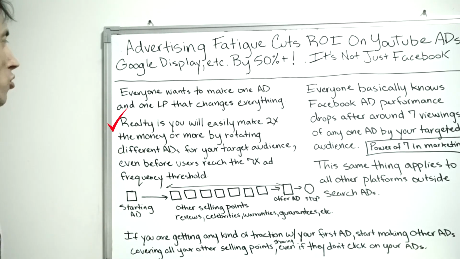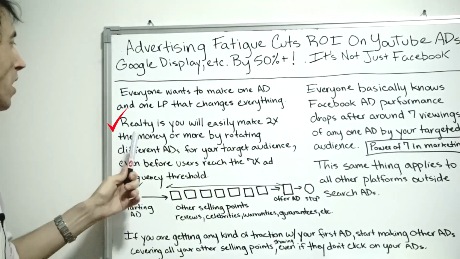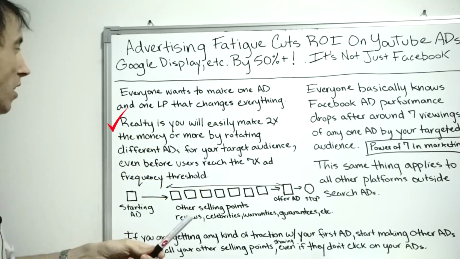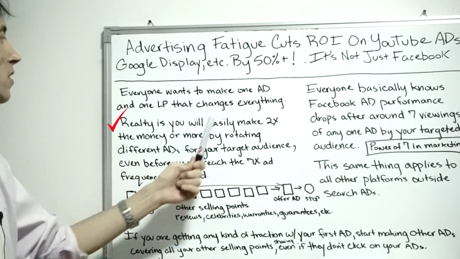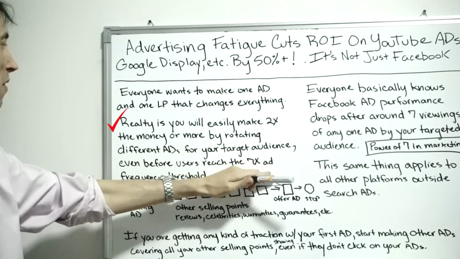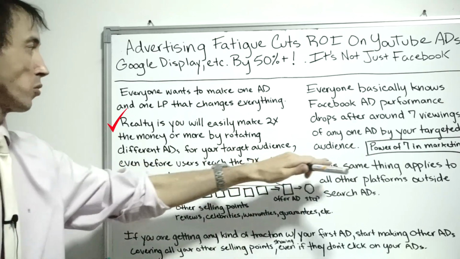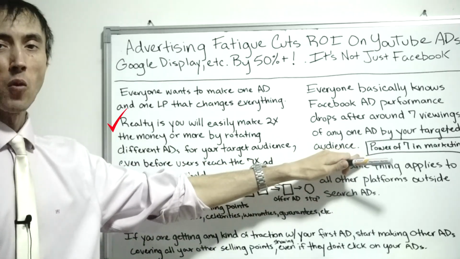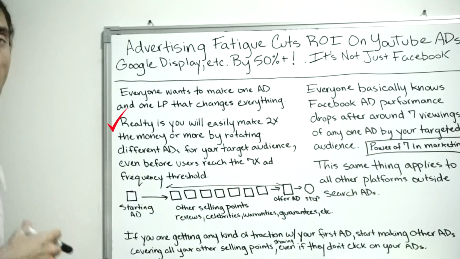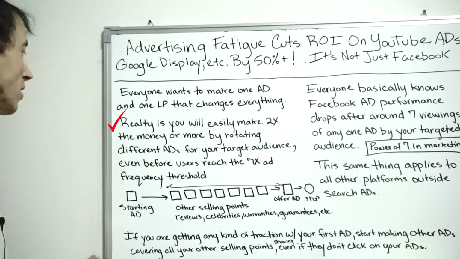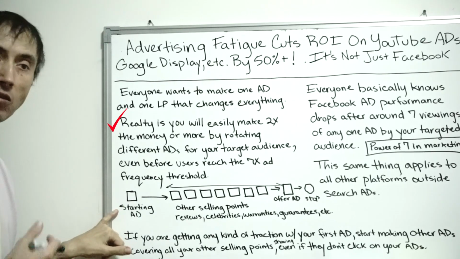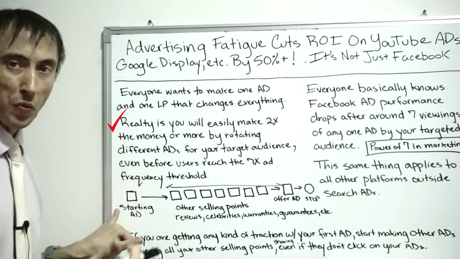The reality is you will easily make 2 times the money or more from the people that you're trying to target in your market by rotating different ads for your target audience, and even before users reach the 7x ad frequency threshold that most people tell you is the point in which you should stop advertising to a certain person, an individual in your market you're trying to sell to. So what you do is you start out with an ad that introduces your product or service to that prospect